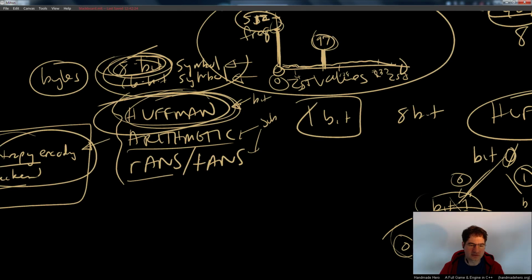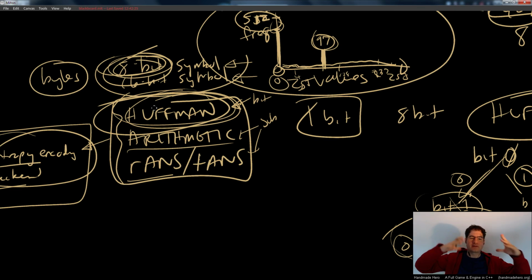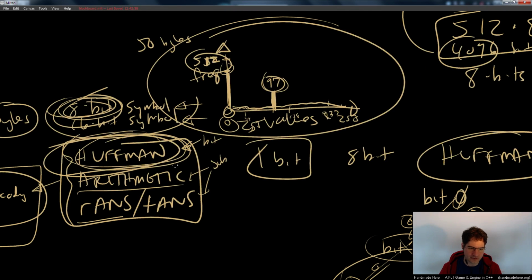So that's all these things do. They basically take a histogram of the data, a frequency count of the data, and they try to allocate the bits of the output so that it matches that histogram. And what you can sort of see here, to further understand why these other two, and there's probably a lot more than these. Again, I'm not a compression person, so I can't tell you all the ways in which you might back-end encode something. There's certainly probably a lot more than I'm listing here, but again, I'm not familiar with